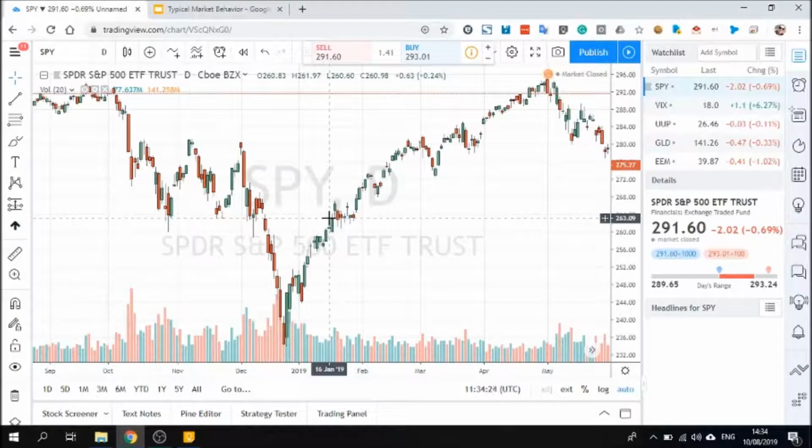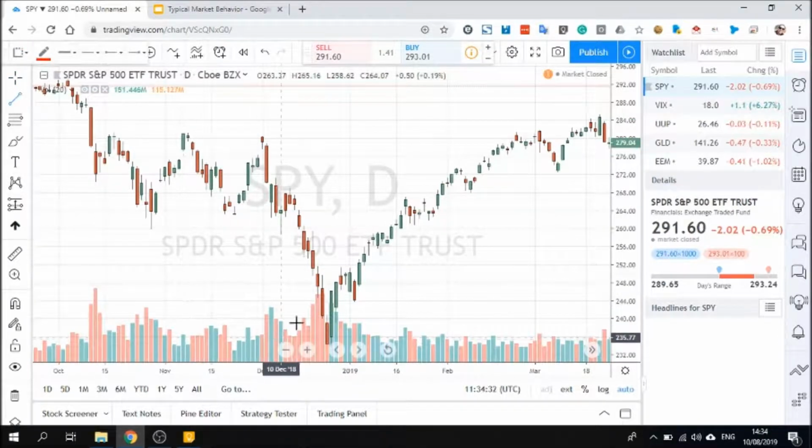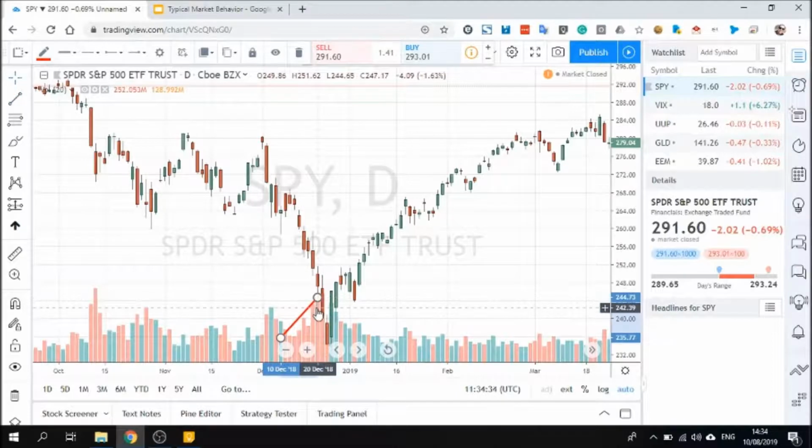They move faster and with higher volume. Let me just zoom in so you can see the volume. You see the volume here? The volume during the down move really increases, and that's because down moves are mostly a panic move. This is where traders and speculators sell what they have just because other people sell, and not for a real fundamental reason. If there was one, there would be